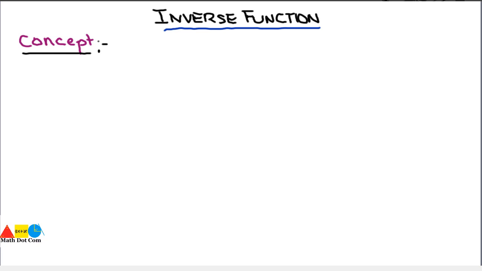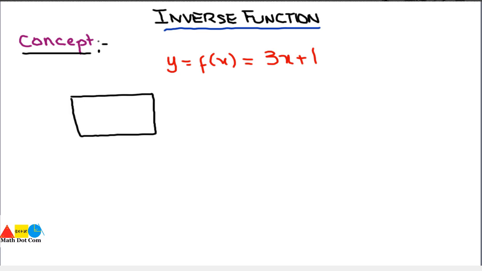If you are given the function y equals f of x equals 3x plus 1, this is a function. Now if we represent it in the form of a block diagram, you can make this function using two blocks. Why? Because one block is for addition and the other is for multiplication. This function consists of two operations: one is the addition and the other is the multiplication by 3. So we will have two blocks,